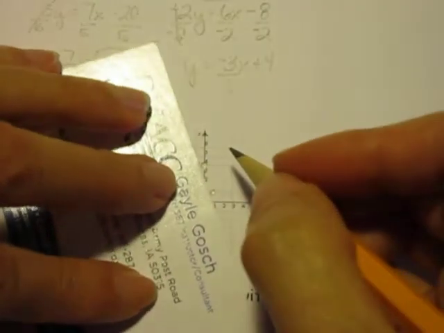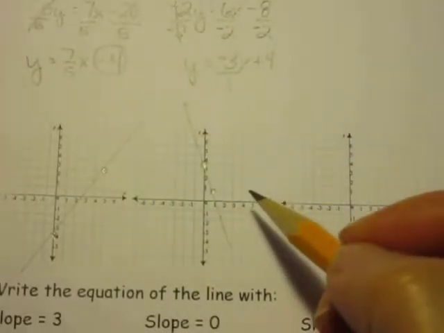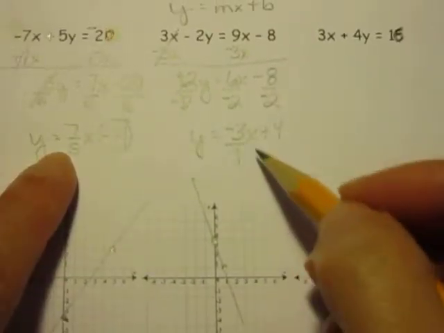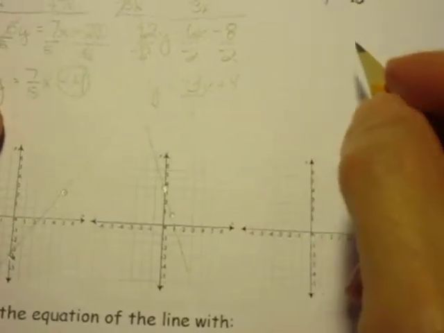Again, I'm going to use my straight edge to make my line. And we can see that we had a positive slope here, a negative slope here, and that all kind of jives, makes sense with everything that we've noticed about signs with our slopes. So in this next one,